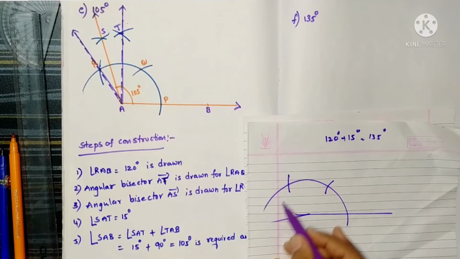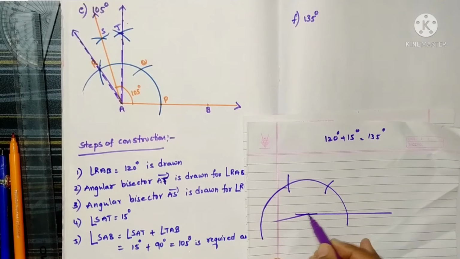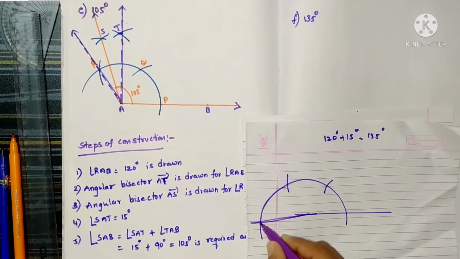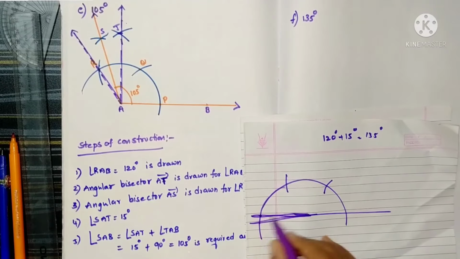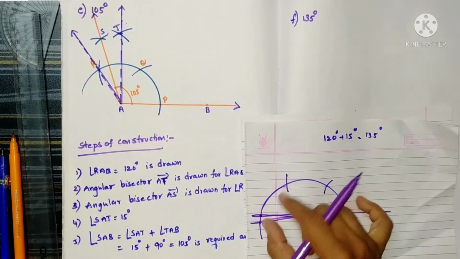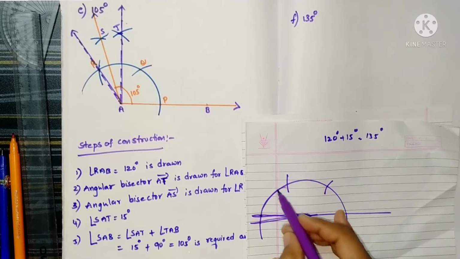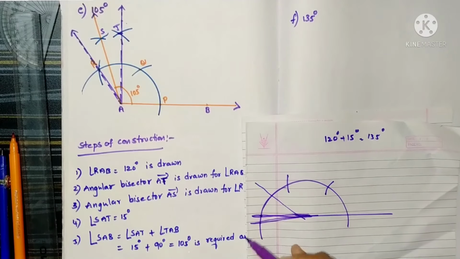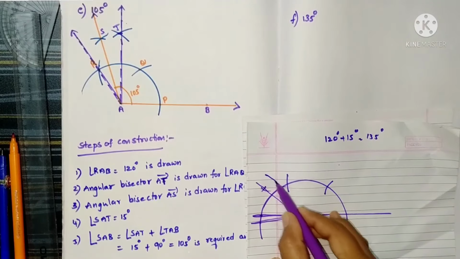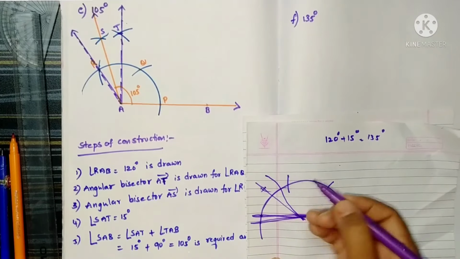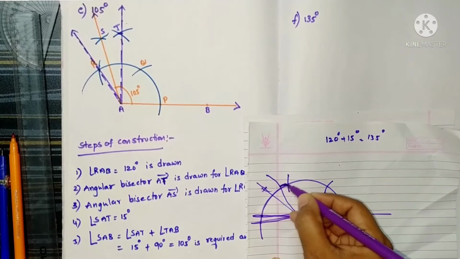Now, here we have to draw a semicircle. So this is, now it is 180 now, straight angle. So this area 120 plus 60 only now 180. So we have to draw an angular bisector to this. So now it will be 30. Again we have to draw an angular bisector to this. So this,